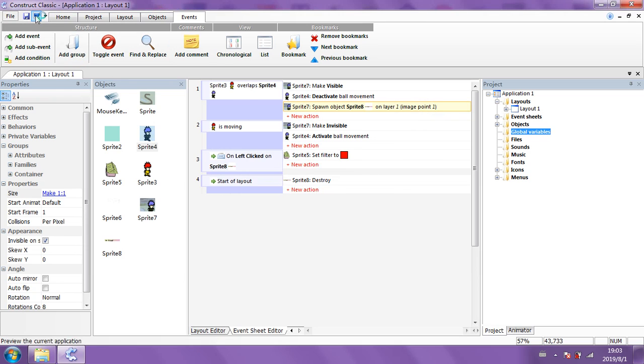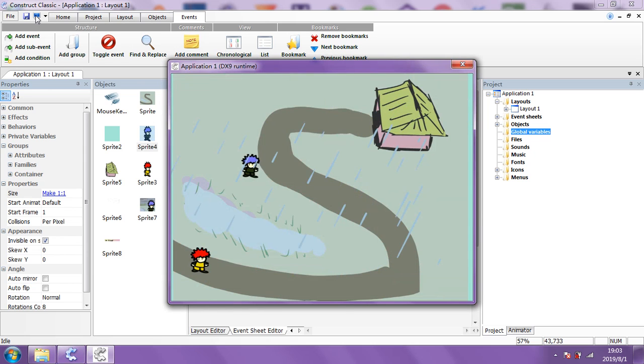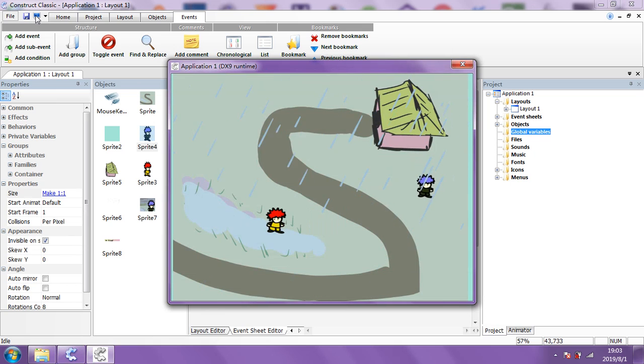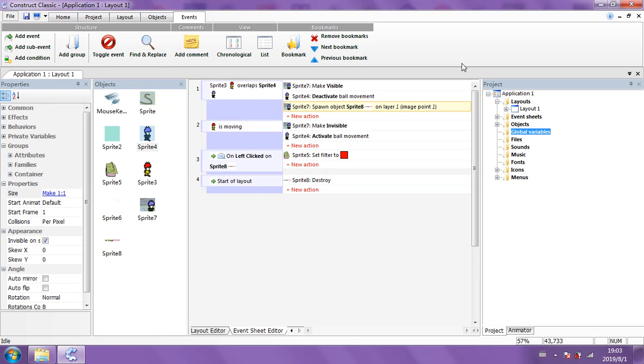Let's see. Spawn at image point 1. Is that going to do anything good? We'll see what happens. Wasting time here. I want to be doing some more stuff, but okay. Where is it? I can't see it. It's just not there at all. How strange is that?